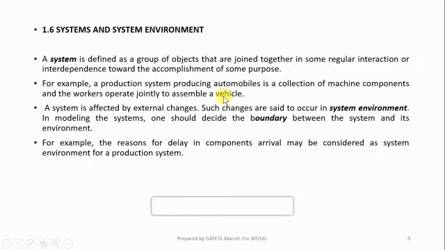This is a system. A system can be affected by external change. It means that changes are said to occur in a system environment. Those changes occur in the system environment. So in modeling a system, we can decide the boundary between the system and its environment. Here, for example, we have the University of Gitwe.